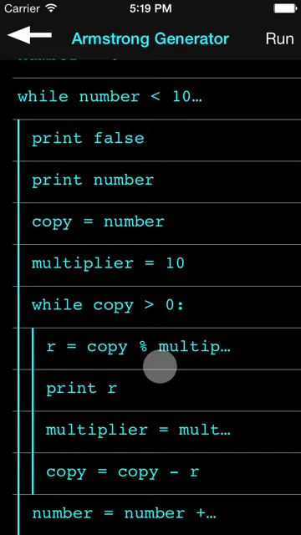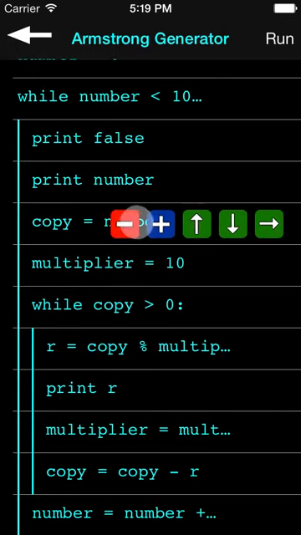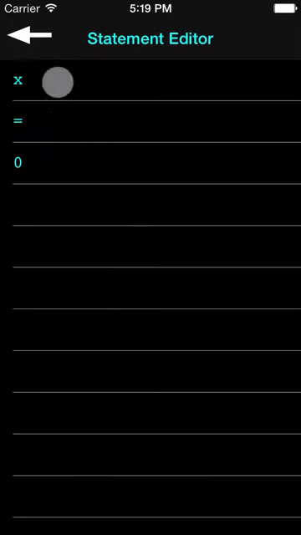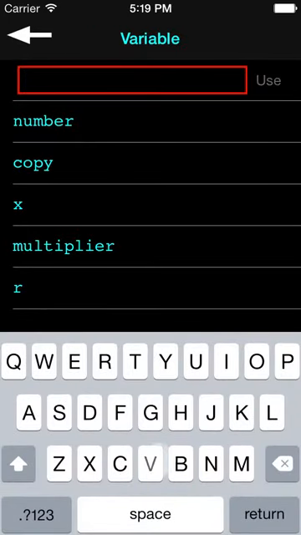Multiplier. Okay, so we need to cube it now and add it to this kind of sum that we're going to get. So let's go ahead and copy equals number. Let's go ahead and we'll start something called a cube